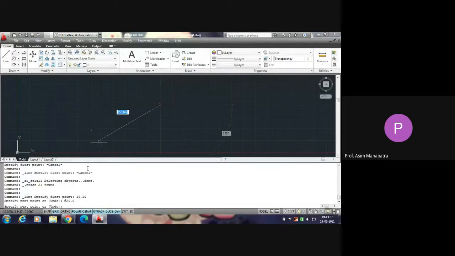But if you go through that sentence written in the command bar, probably you have noticed that before 20, 0, one @ is written. Is it visible to you? It's very small. Is it visible to you? Yes, sir. @ 20, 0. That @ has some significance. I will come into that discussion a little bit later. But before that, I will discuss how the command line is helpful to you. Now, what is written? Specify next point.